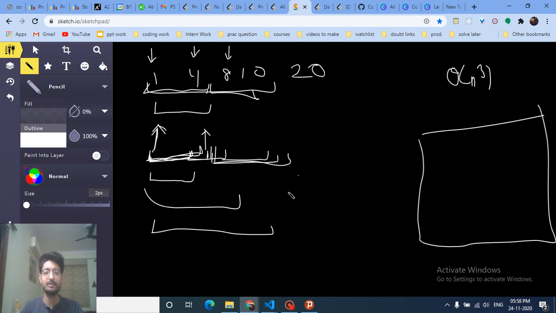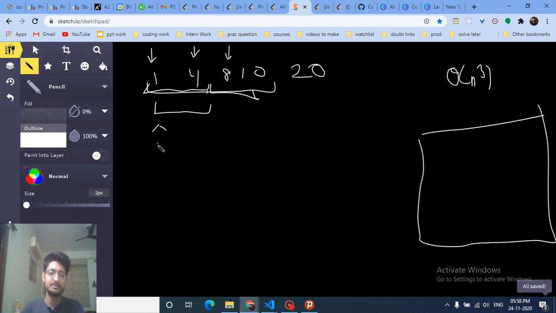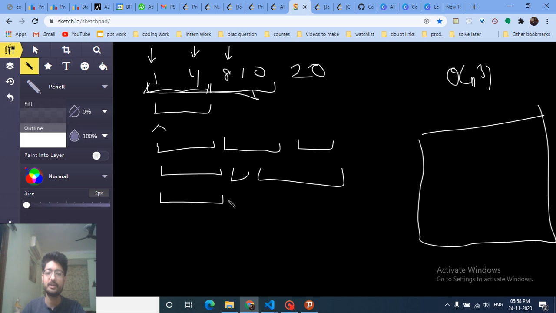So we are using DP because there can be a lot of cases which are repeating. Because we are making intervals, it can happen that I make an interval like this, 4, 8 and 2. It can also happen that I make an interval like this, 4, and I can also make an interval like this. So as you can see, I am recomputing this total cost again and again. This cost of taking two houses at a time, and then we might have different configurations later, but till this point we have some state which is common.